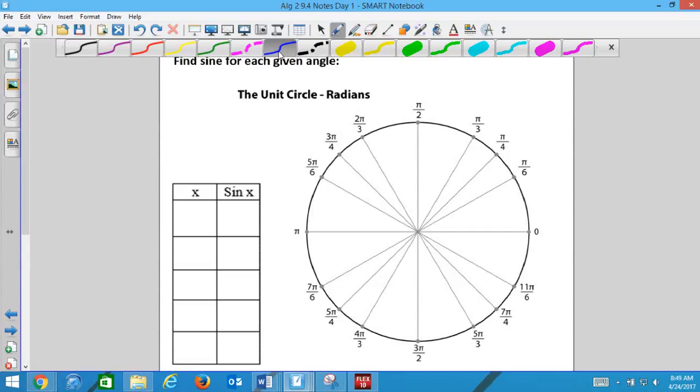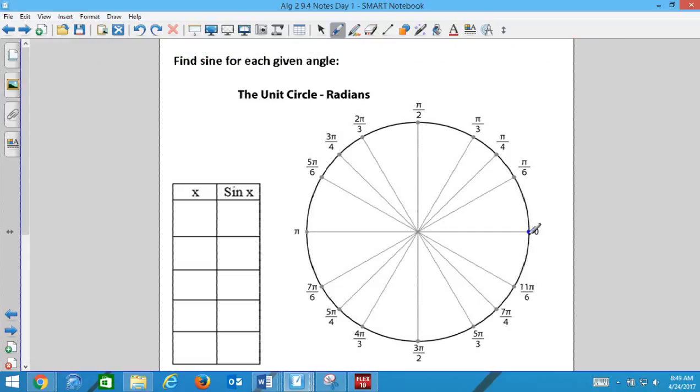So, when we have the unit circle and we are talking about sine, we are talking about which of the ordered pairs it is. Sine is the y. So at this first ordered pair at 0 degrees, what is the sine value? What is the y? 0. Then at pi over 6, our y value is,